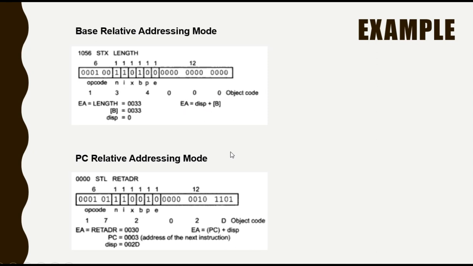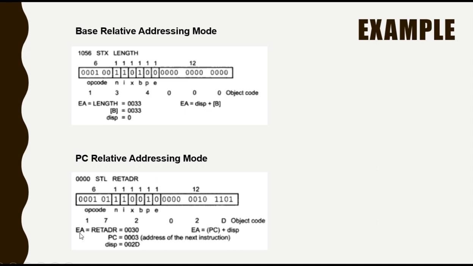Then PC relative: STL RETADR. No base registers are used, so it is PC relative. Most of the instructions are PC relative only. If base registers are used, then it is base relative addressing mode.